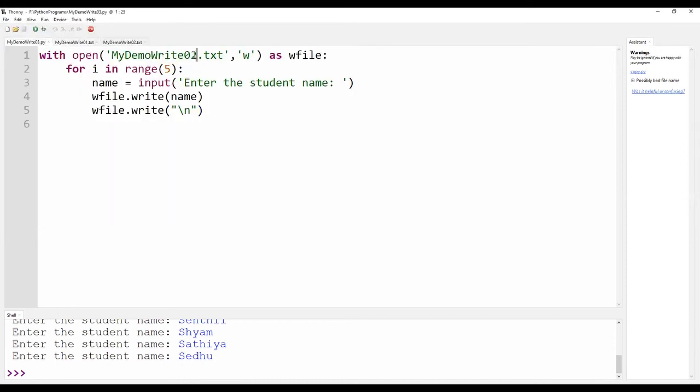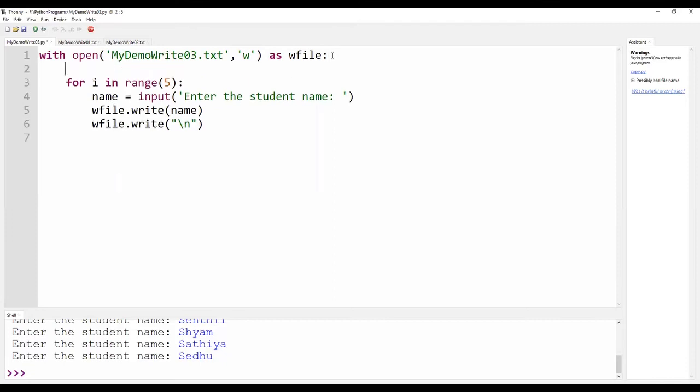Right here, I am using a list. I am mentioning the list name as name list. Since I am going to get names of the students, I am creating a list in the name of name list.